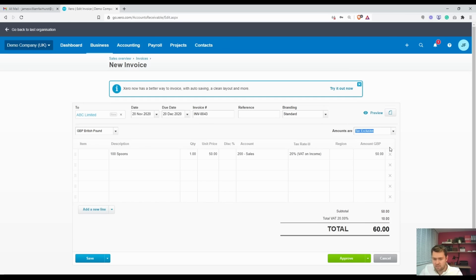There we go. You'll notice that anything in blue text is clickable, so that's where we can drill down and open up the invoice again. So this is where we could go if we wanted to now record a payment against the invoice. So let's say,